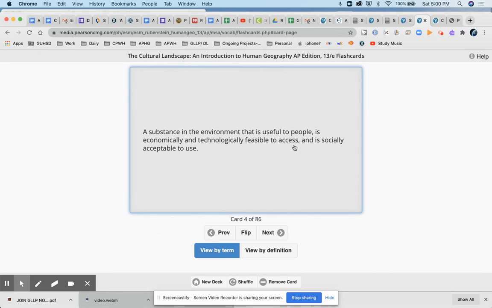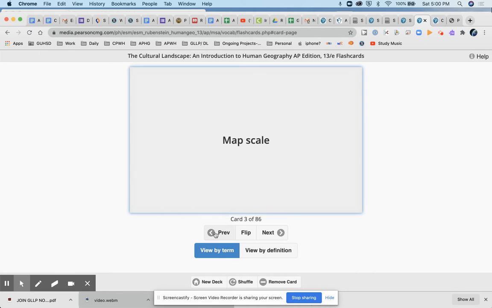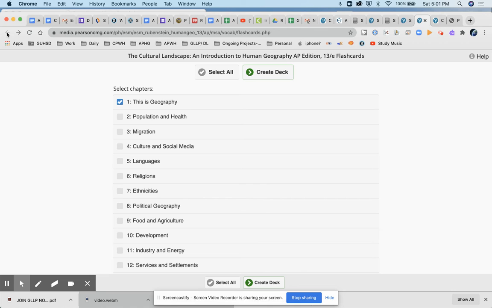If you know what a resource is, let's see, you go back one, map scale, click it to get the answer: the relationship between the size of an object on a map and the actual size on the Earth's surface. If you knew that already, you could just remove the card. So you end up with only the cards that you do not know, and you can study those. So they're not terrible, but there is another place that takes you, I think it's actually